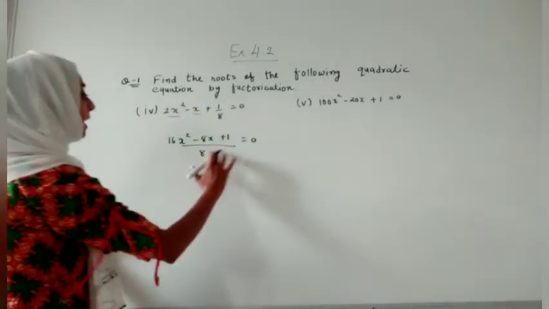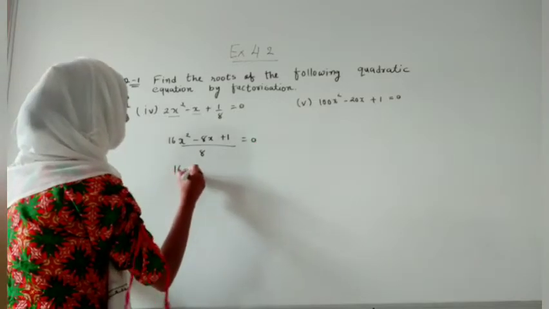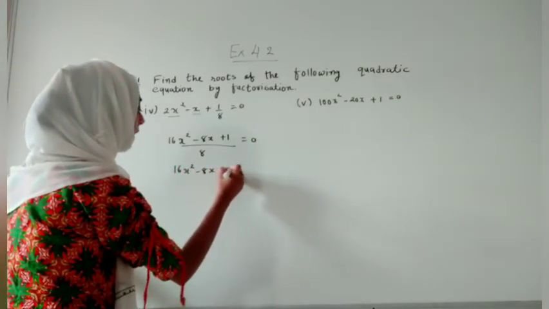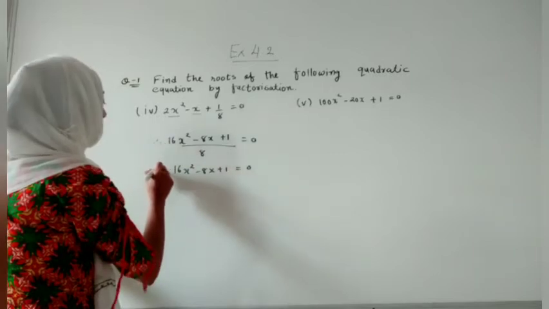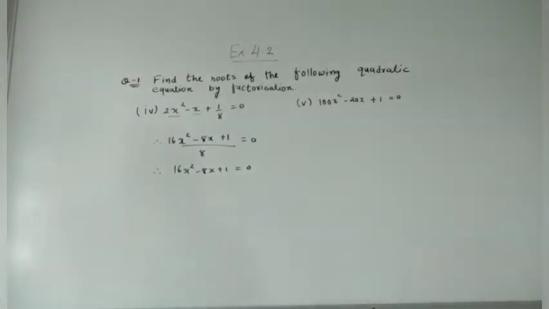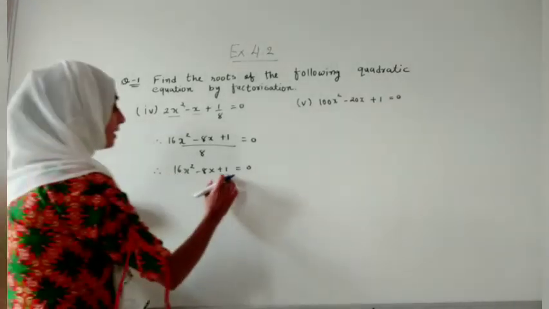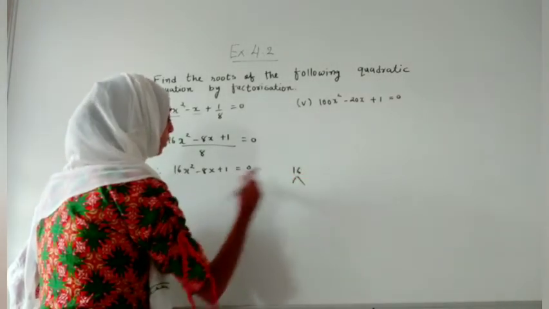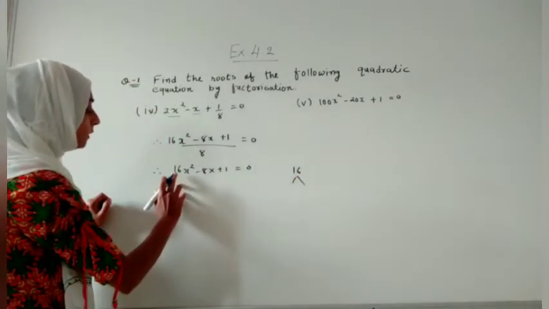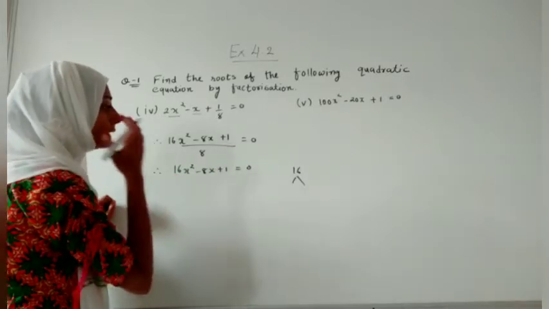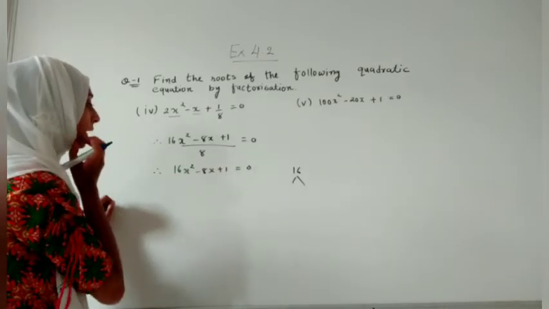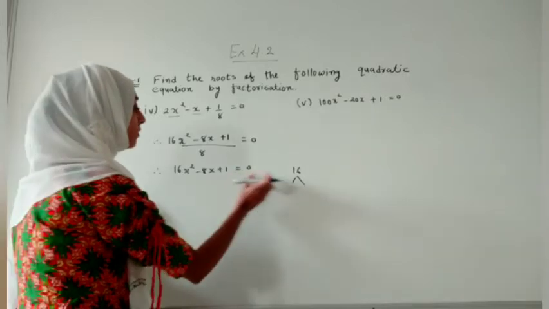Now we will multiply 8 this side, so it will become 6x square minus 8x plus 1, and that is equal to 0. Now here we got our quadratic equation, जो हमें मिला है वो अभी हमें splitting the middle term करनी है. Means 16 ones are 16. So here we have to multiply both of these. If it is 1 and if it is 16, then also it is 16. But यहाँ पे eventually यहाँ 1 है and here is 16. So 16 ones are 16.